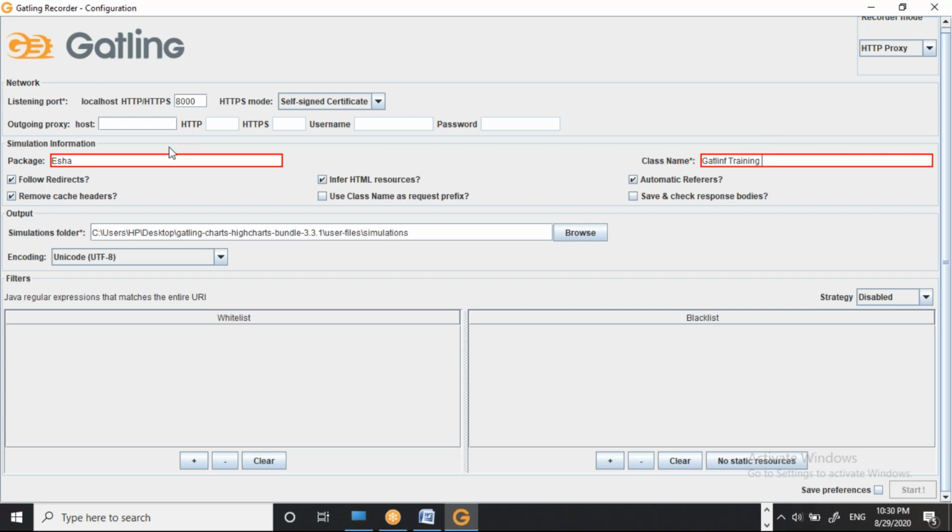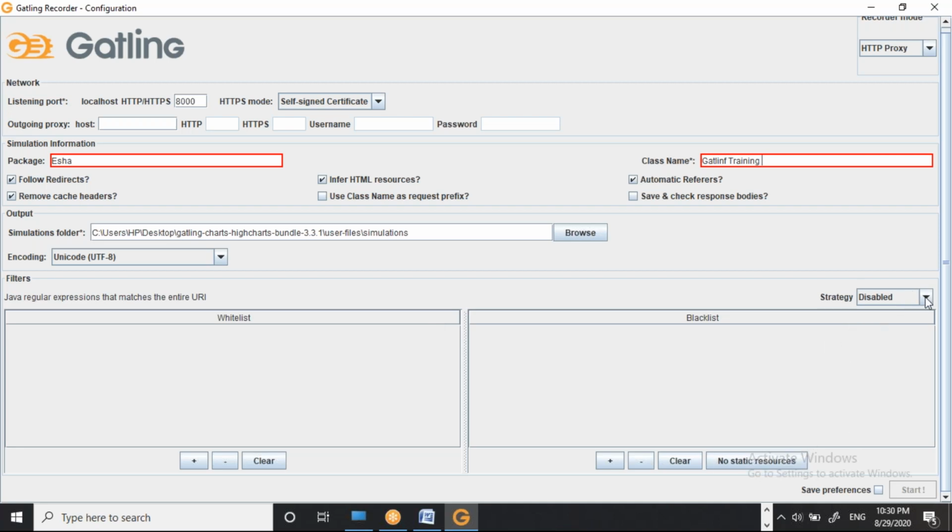Then the same way you have to start it here. You have to give the details, then go to certification, all these things here only. After that, we have to begin. When we click on the start button here, it will get started. You just have to work on your browser side, the application, and it will record the whole thing here only.